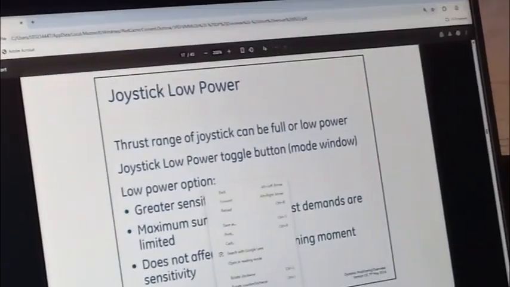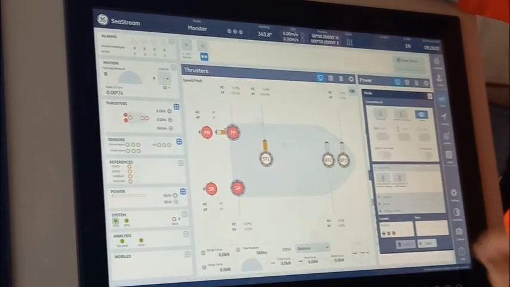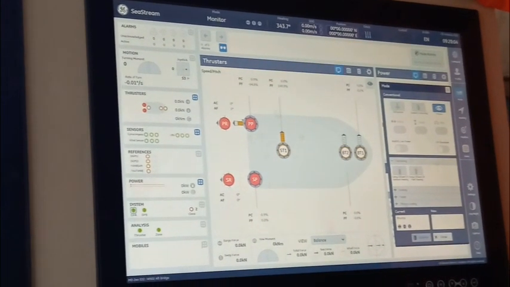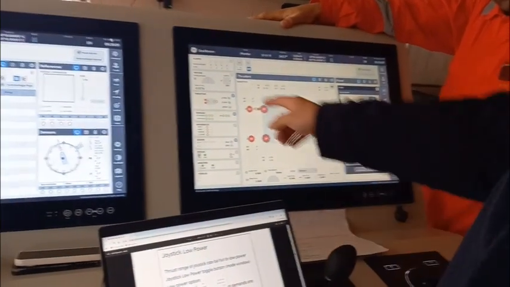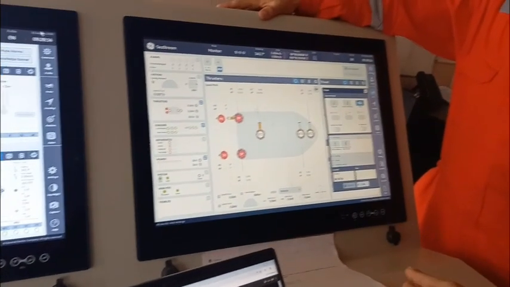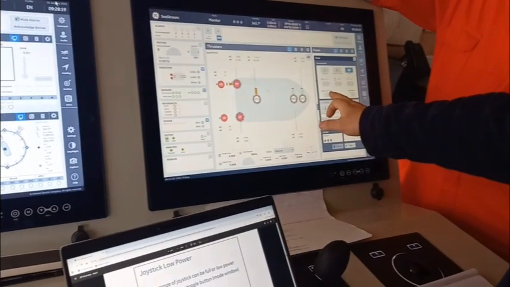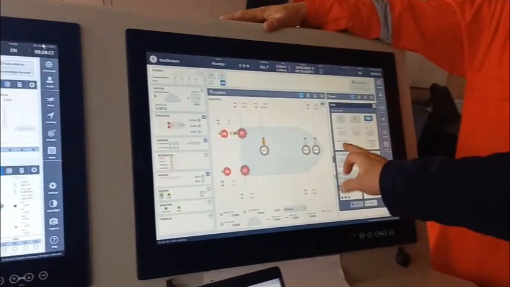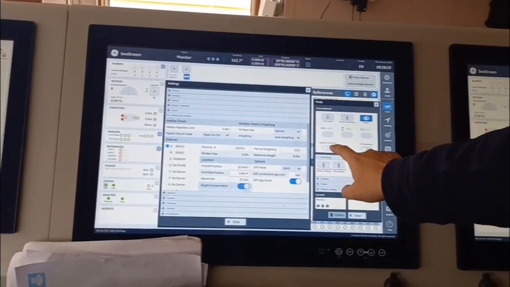Joystick low power, I can show you from this one as well. This you can. Just low power is here. Normally when you operate the joystick with all thrusters, when you move it to full ahead, you will have 100%, and that means you are outputting as much as you can. But if you select this one, this one is not the master. This one is the master. If you select this one,